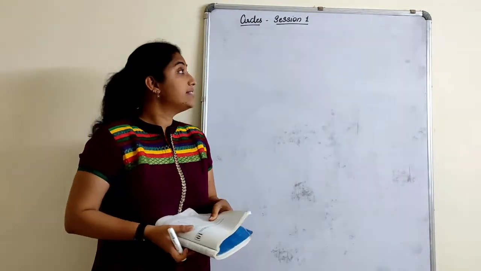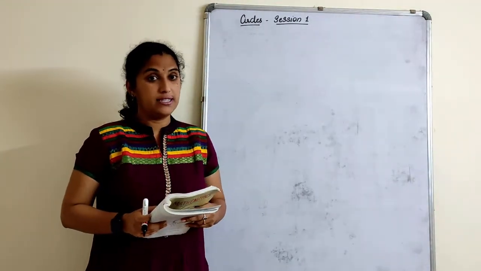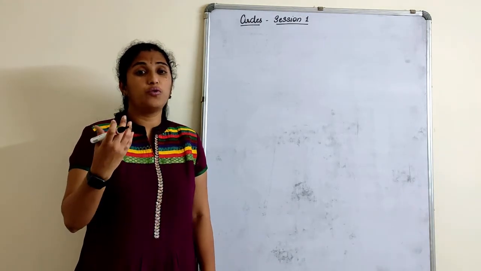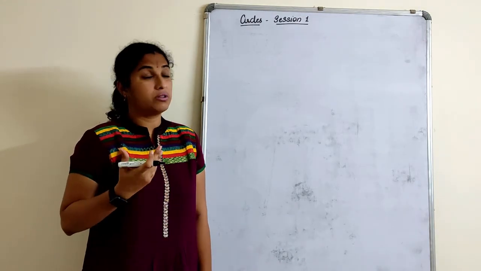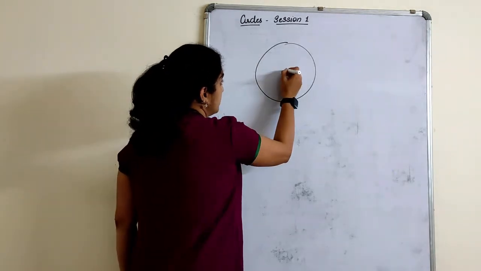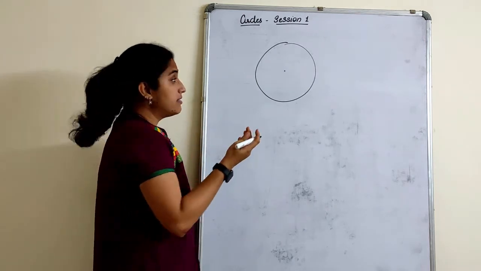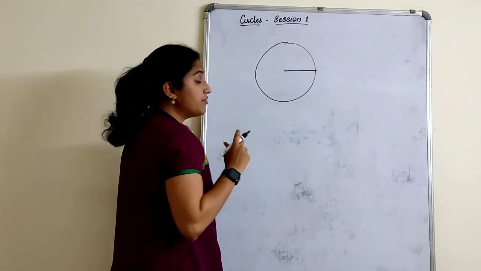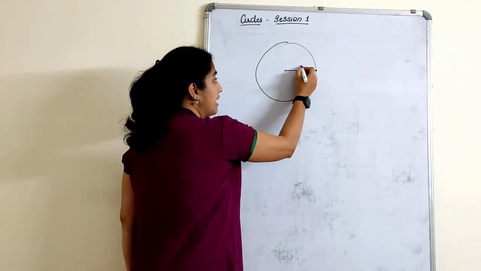Good morning. We will start session 1 on the chapter circles. So basically, before we start with this chapter, let me give you a brief introduction about circles. Now we all know a circle, and this point is called the center. Then we know that a line joining the center to the circumference of a circle is called a